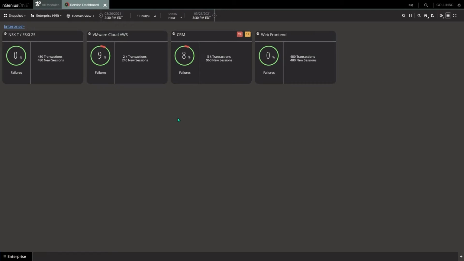I'm a Chief Solutions Architect, and I've been with NetScout about 21 years. Today, we're going to talk about how we can fit NetScout within the NSX environment. On our screen today, you can see that I've got NSX-T, I've got VMware Cloud, and some other things that we've just not noted, but they're inside the NSX, the CRM, and the web front end.